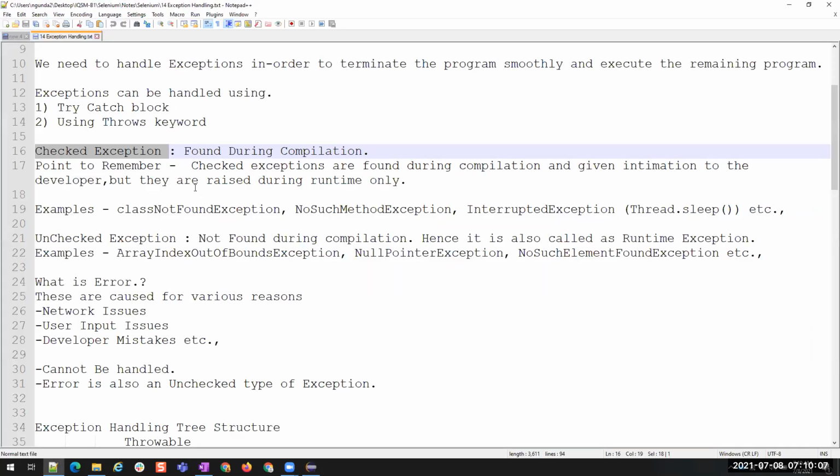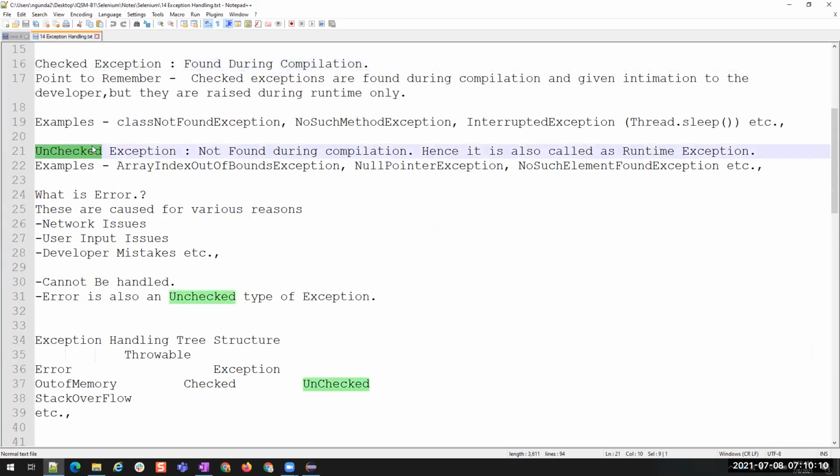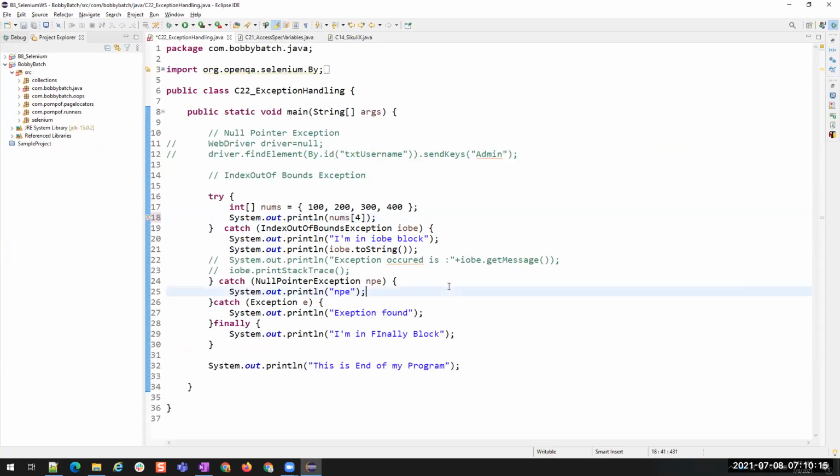Okay, then unchecked exception or runtime exception. For suppose, we have already seen the array index out of bounds exception, right? You are able to create the array with any values, but when you run this, you are getting the exception only at the runtime. You see here 0, 1, 2, 3. I have values only till third index, but I'm trying to print the fourth index value. So it will throw me an exception. But when I'm running this code, not directly when I just save it. When I run this code, I'll see it. So these kind of exceptions are called as runtime exceptions.